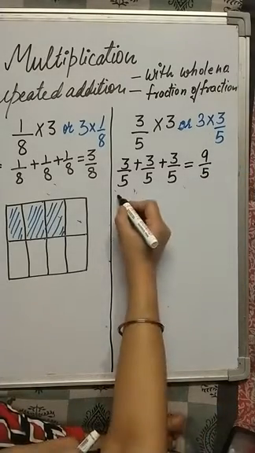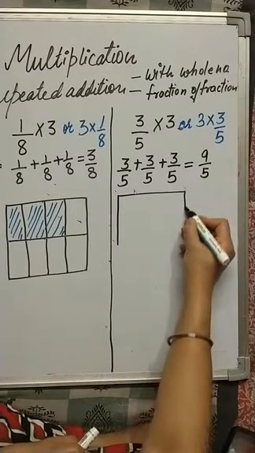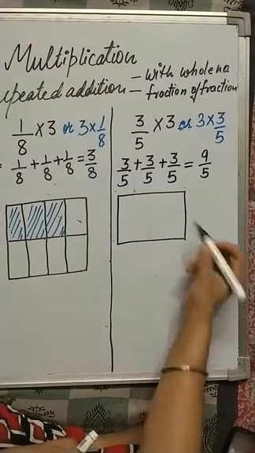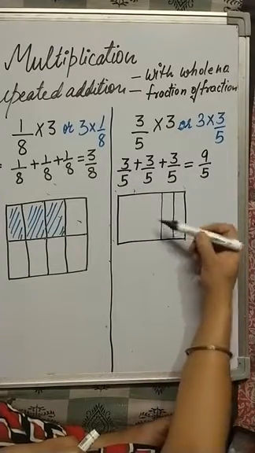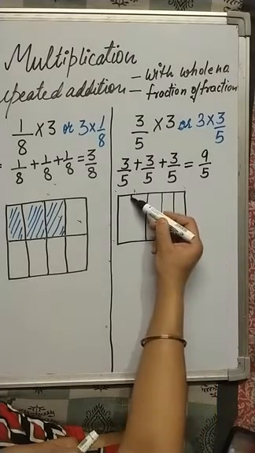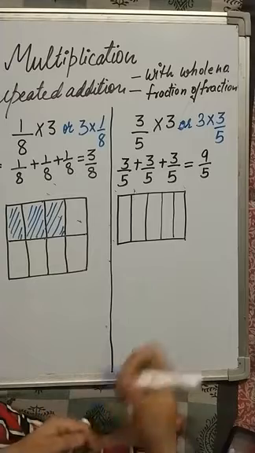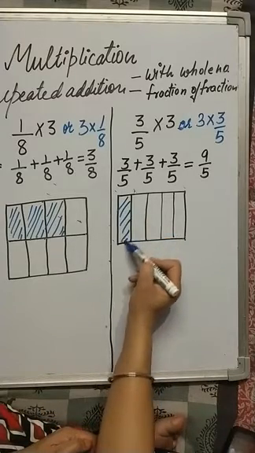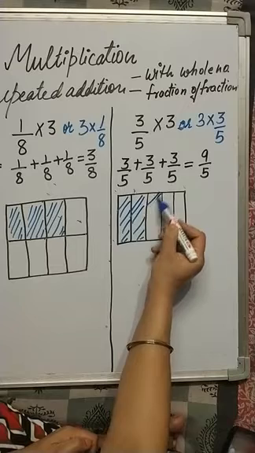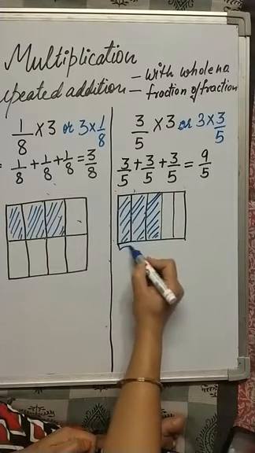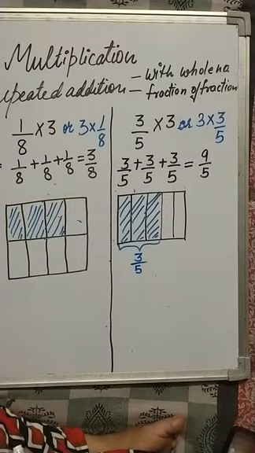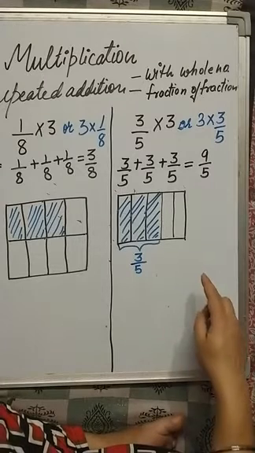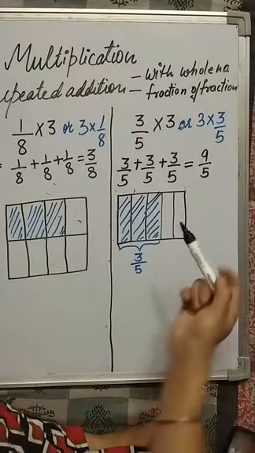Let us see the diagram. Make a chocolate. First chocolate. How many pieces do we need to make? 5, because the denominator shows the number of pieces made by us. So first time, how many pieces do we have? We got 3/5 one time. Similarly, now we have to eat how many fifths? 3/5 more. We have to eat 3/5 more, but we don't have.